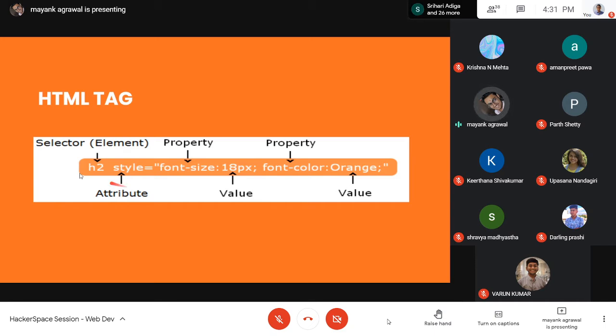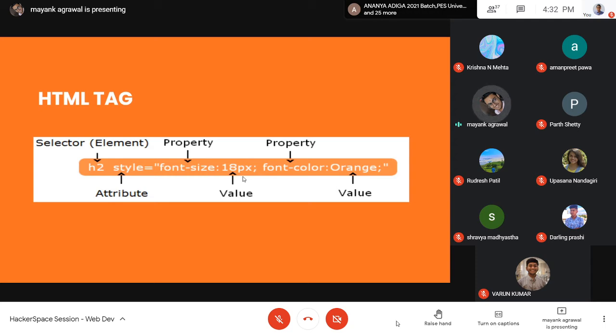If you read this in a normal English manner, you will get to know that there's something called H2, and we are trying to add some style to it. The kind of style we are adding is a font size, and we want that to be 18 pixels. So what it's saying is that we have an element and we want to add some features to that element.